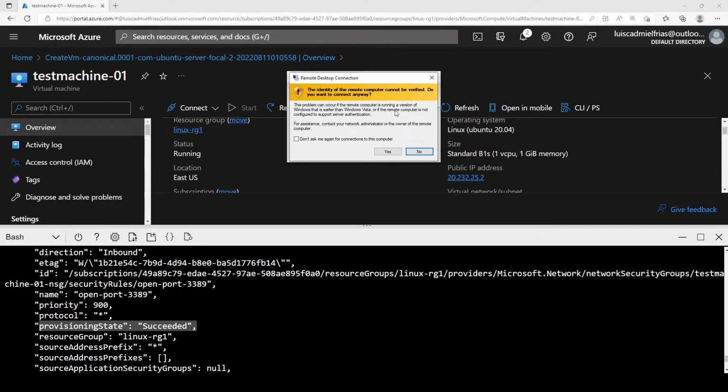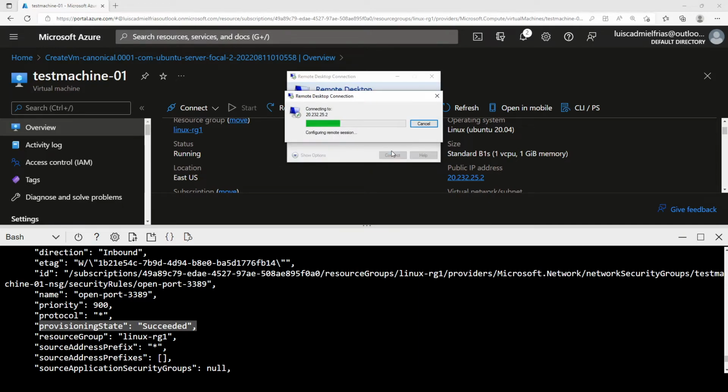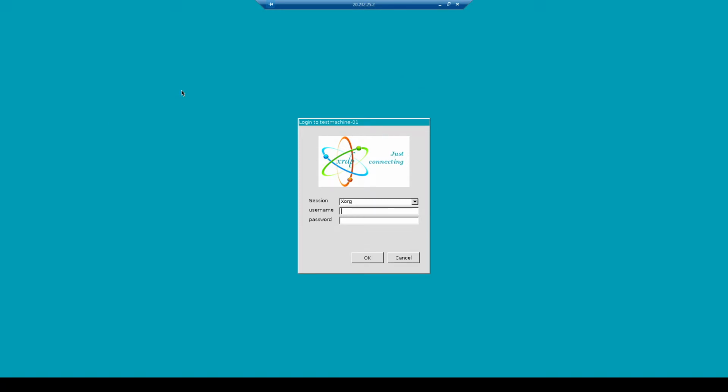So here we see that we have connectivity to our VM through RDP. And here is our XRDP login page. So let's try with the Azure user and our password. Click OK.